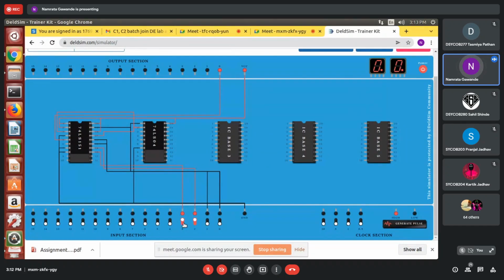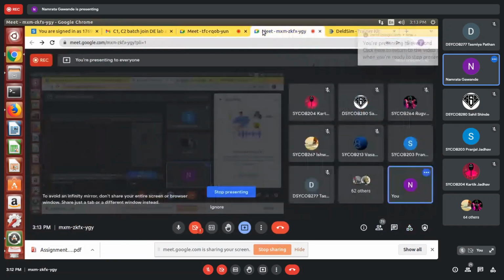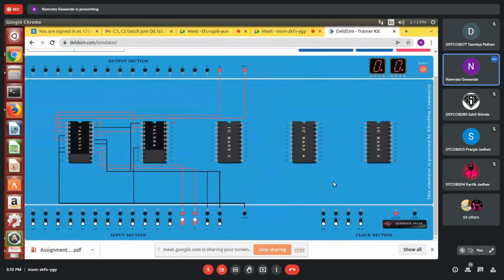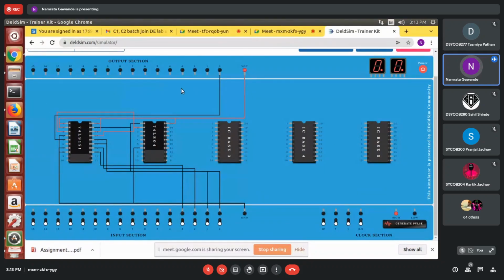Have you understood this? Yes, students? Yes or no? Okay, so you have to make a connection accordingly. While making a connection, just cross check it twice. Is there any doubt? The only thing is how to take the D part, that is nothing but the last select line over here, that is different.